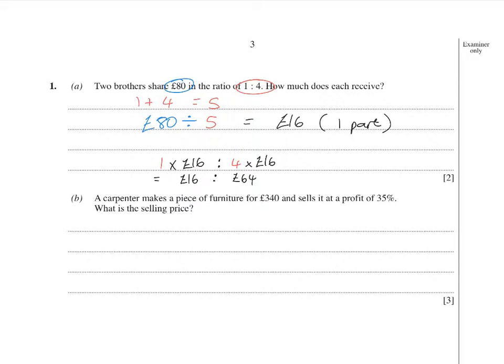The next question here says that a piece of furniture costs £340 and he sells it at a profit of 35%. So what is the selling price? So this is how much it costs. He then has made 35% on top of this. So you need to do 35 percent, and percent means over 100, and then you multiply it by £340 to be precise. Again, that's going into my calculator, and that comes to an answer of £119. So the selling price would be what he already paid for it, plus the £119, which gives a total final answer of